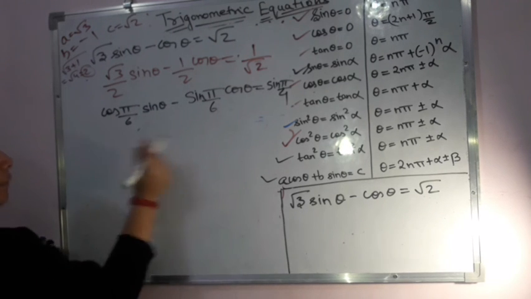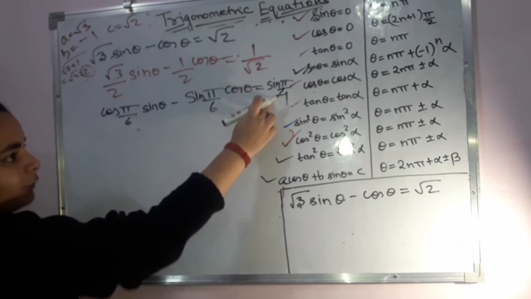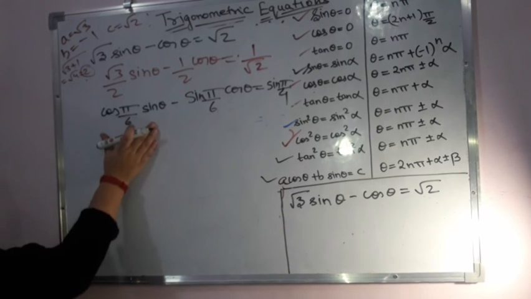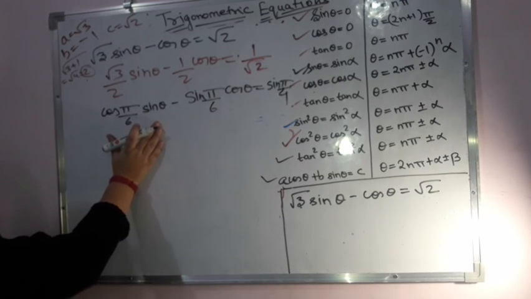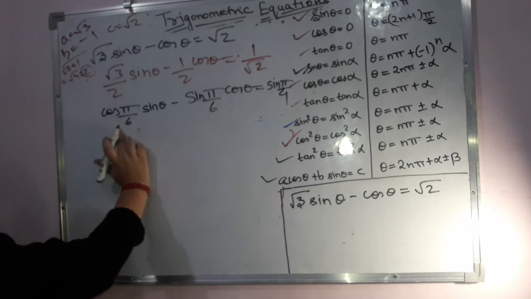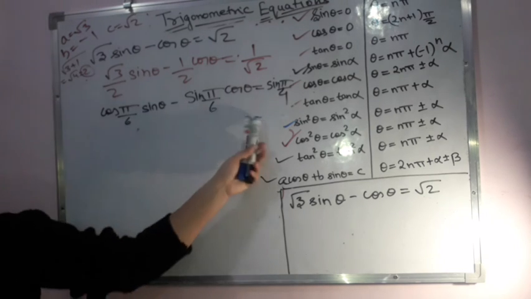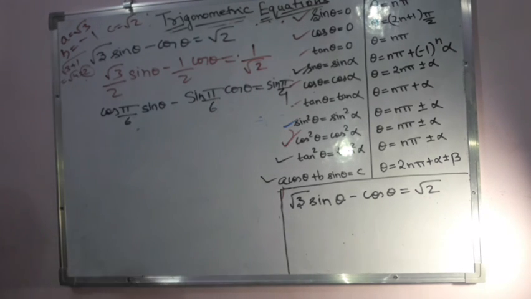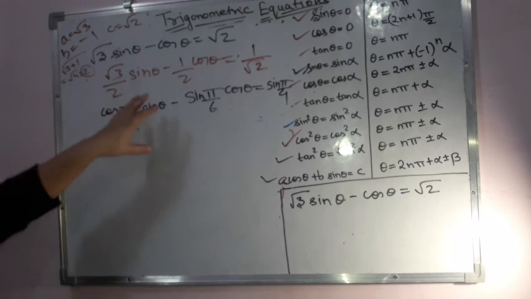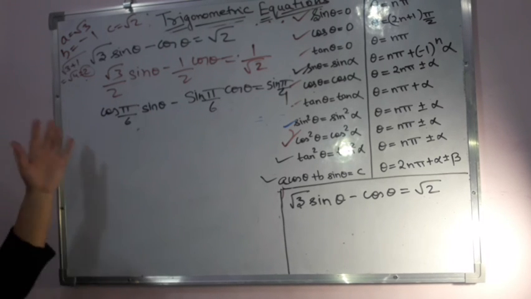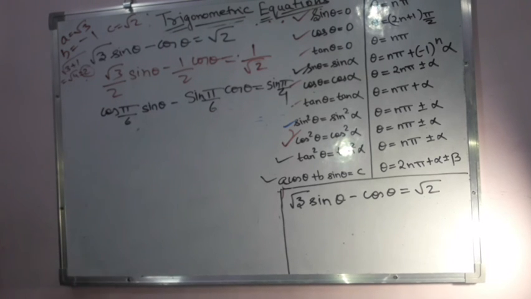Now, why am I writing in this sine form? There is a reason for it. I definitely have a formula for sin A cos B minus sin B cos A, but I don't have a formula when the right side is a cosine. In sine the formula is there, so that is why I wrote it in the form of sine only. So you'll have to see what possible formula you can frame out of it, and then try writing the solution in that particular